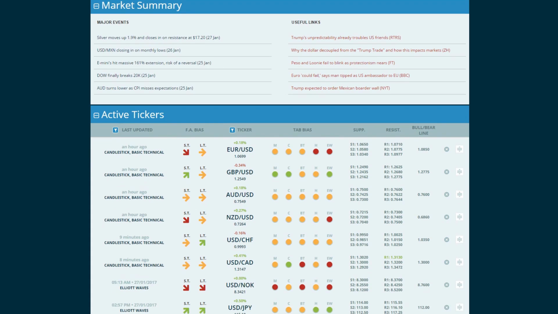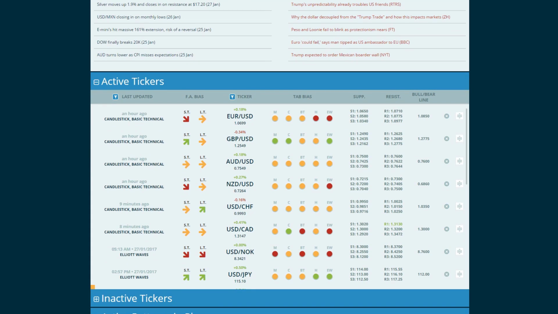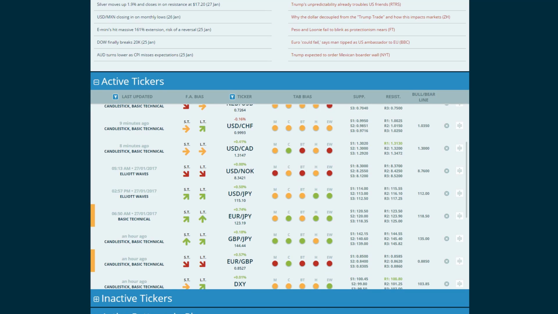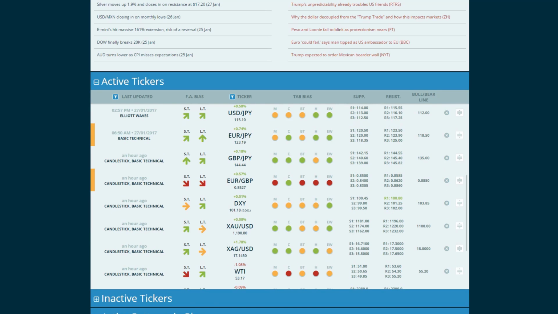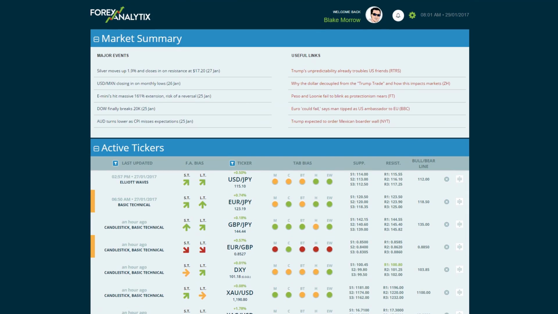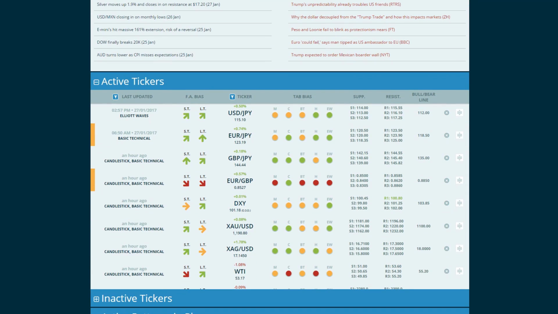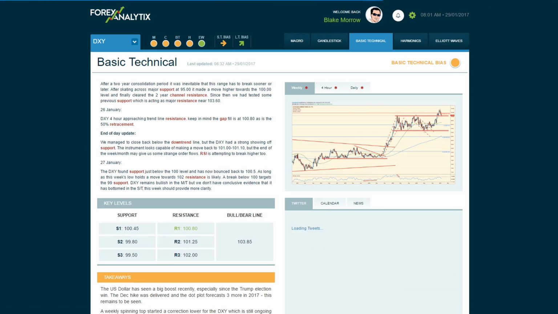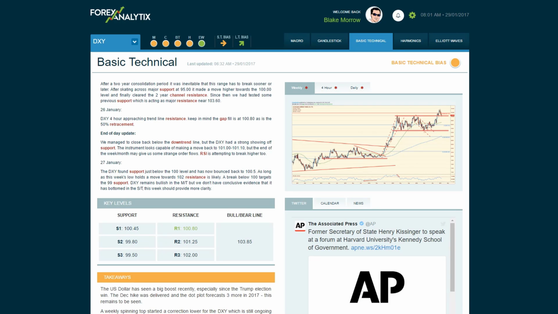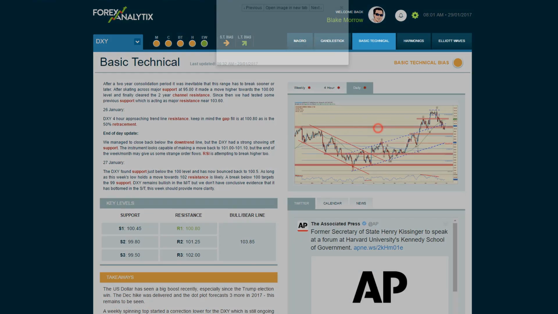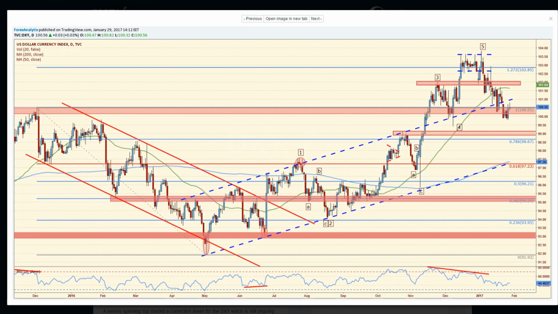One of the things that I wanted to show you specifically, well, there's a few things in particular, is I wanted to take you over to the dollar index. This is the ForexAnalytix site, and I'm going to take you over to the dollar index, just the basic technical analysis tab, and show you. Let's start off with the daily chart. If you look at the daily chart, the thing about the U.S. dollar index is you'll notice this second support zone, resistance zone band that's really been holding the dollar